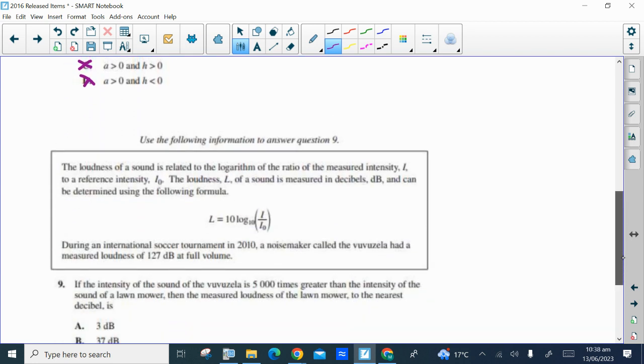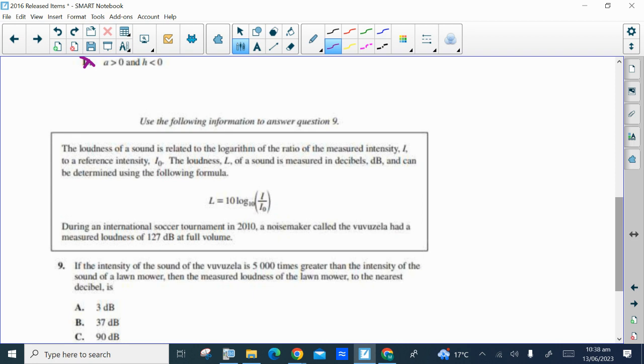Okay? The loudness of a sound is related to the logarithm of the ratio of the measured intensity I to a reference intensity I sub 0. The loudness L of a sound is measured in decibels and can be determined using that formula. During an international soccer tournament in 2010, a noisemaker called the